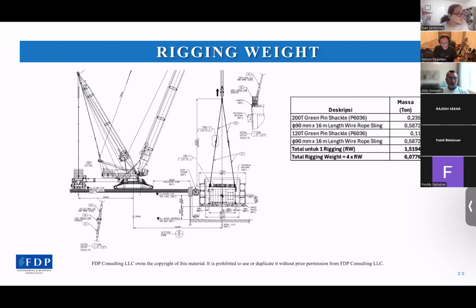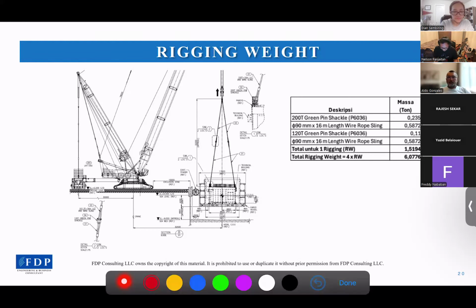Usually the weight shown in the catalog is per unit length, so you can scale the weight based on the length you have in your design. In this case, we have a 90 millimeter diameter